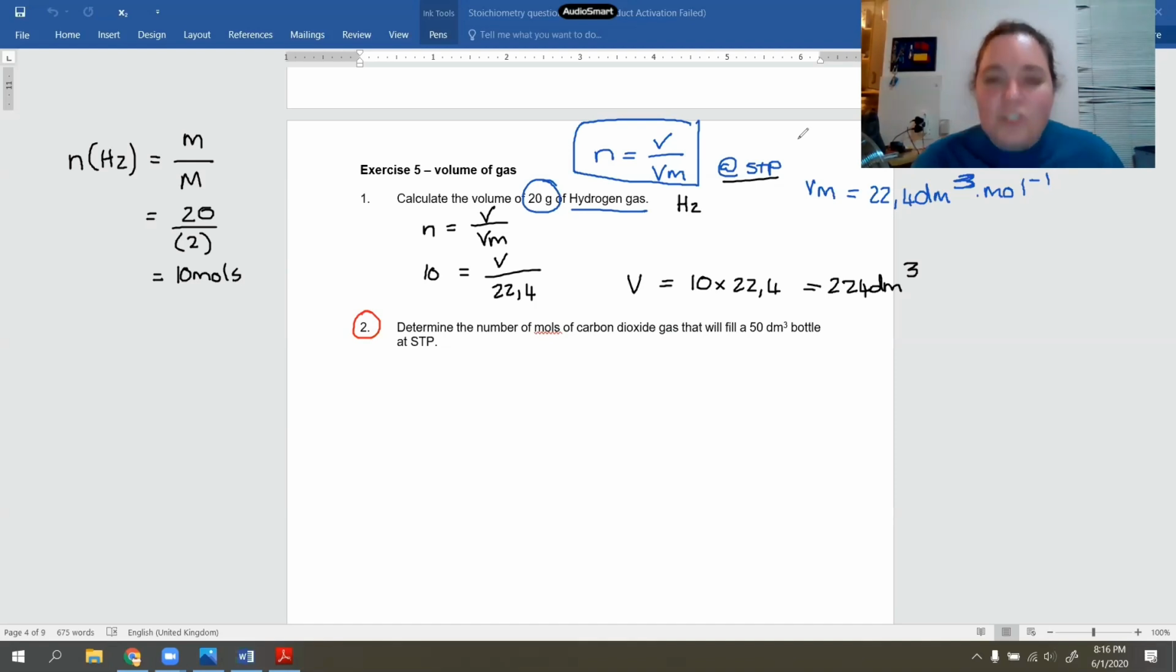Yes, sorry, there's a question that's come in. Do we always have to multiply it by 2 for all diatomic molecules? Well, you'd be working out the molar mass. So you need to remember that there are a bunch of gases that are diatomic. Nitrogen, hydrogen, chlorine,